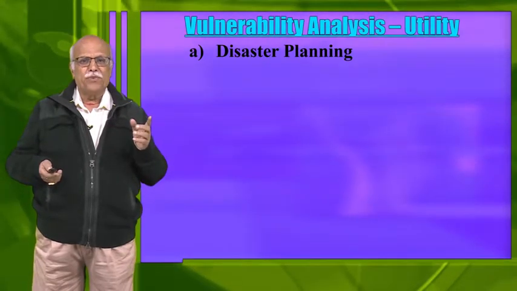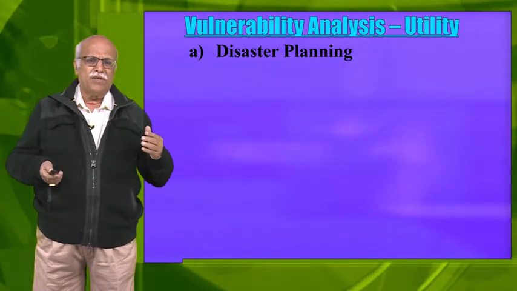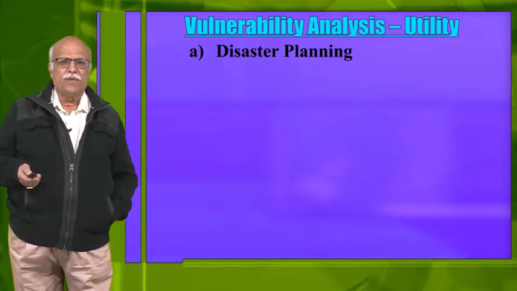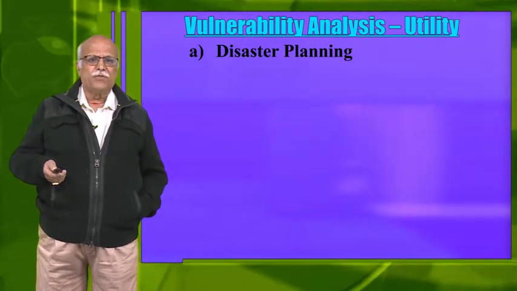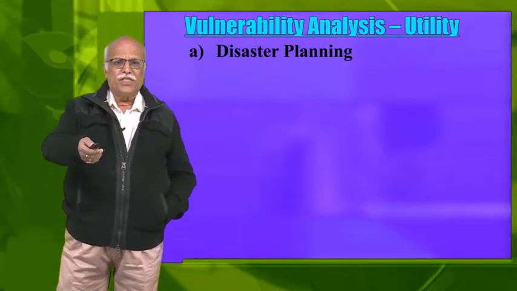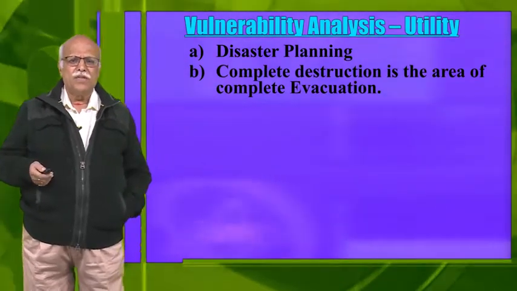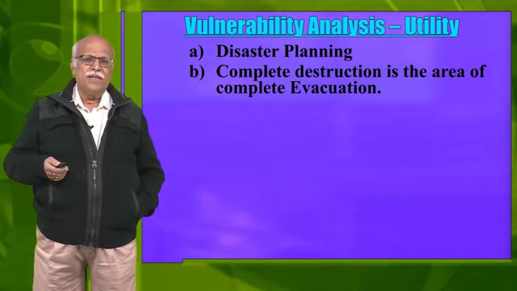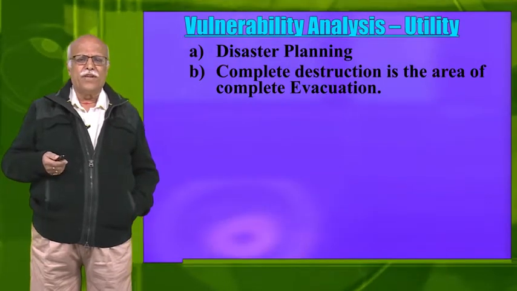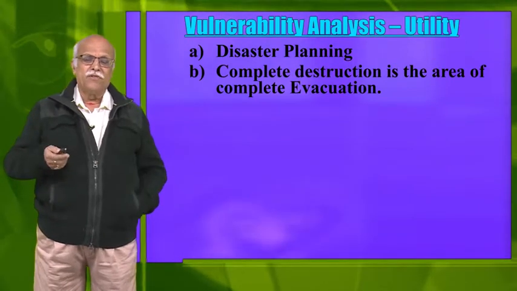The template that we have prepared gives us a fairly good idea how the situation can come in case it hits our area. So this is known as advance preparation of a disaster plan. It gives you a fairly good idea of the various places that are likely to be affected by a disaster and the actions to be taken for reducing the impact. Since we have earlier discussed evacuation, the point I am trying to make is, you saw in the template that area A was complete evacuation. Why am I calling it complete evacuation? If it's an area of total destruction, you can't have the public sitting there, all of them will be dead.